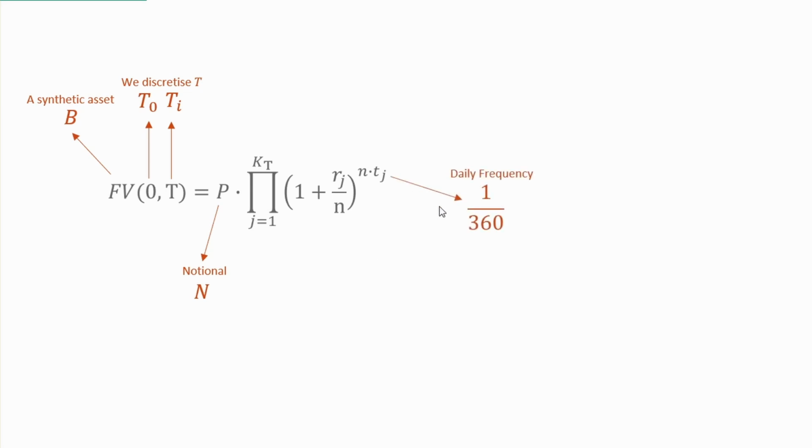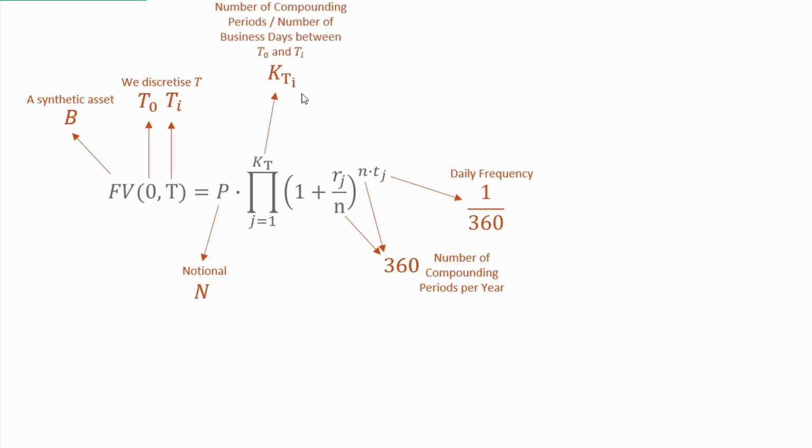So Tj is set to 1 over 360, and n, being the compounding period of the rate Rj, is set to 360. The swap instrument usually settles only on business days. So Kt, which used to represent the number of compounding periods over t, is now marked as Kti and represents the number of business days between T0 and Ti. The iterator, small j, represents a single business day, and the overnight rate becomes an OIS rate, noted ROISJ, adjusted for the compounding period between